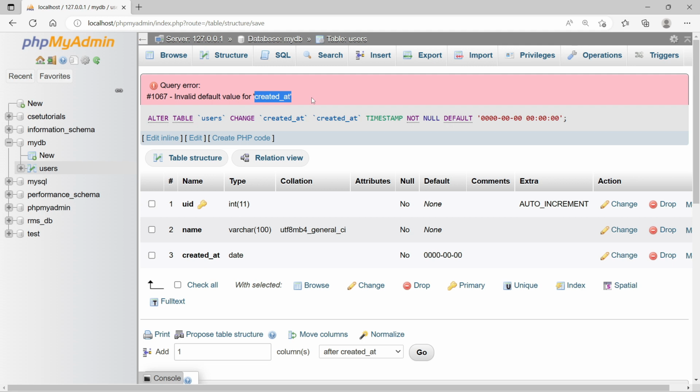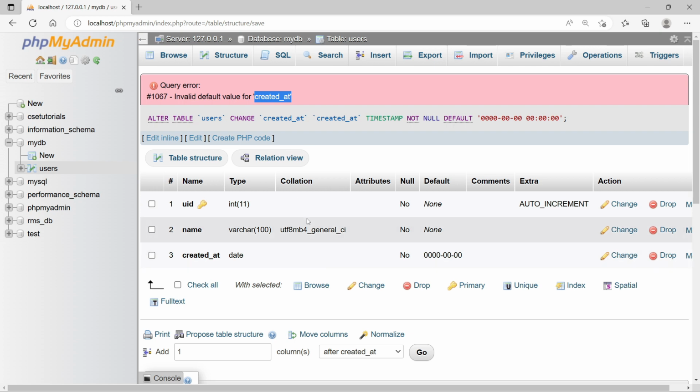You can face this problem whenever you want to update or alter your table, or whenever you want to import your database by using a .sql file. So I will show you some stages and I will show you two solutions of this error, how you can easily fix it. Okay, so let's get started.